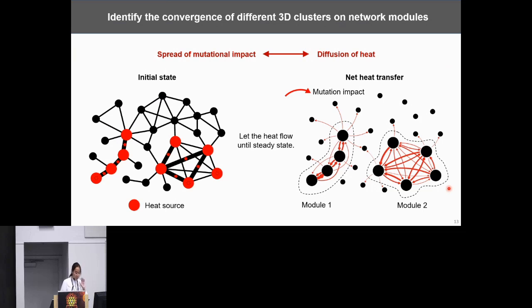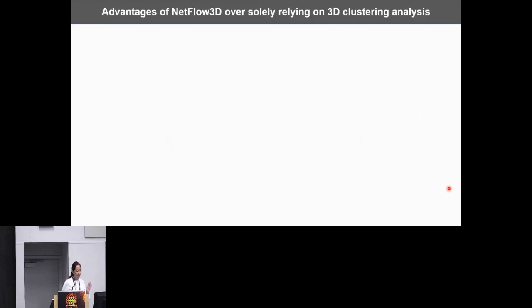Here I want to emphasize that an interconnected module is one where any pair of proteins have 3D clusters that significantly impact each other. In other words, we require within the same module this very dense and pairwise bidirectional impact. This approach is to avoid the identification of star graphs, which center around very well-known cancer proteins with very significant 3D clusters, but include a lot of surrounding proteins with minimal 3D clusters and biological relevance. Since NetFlow 3D integrates 3D clustering analysis and network topology,